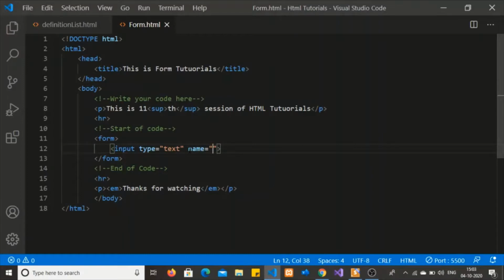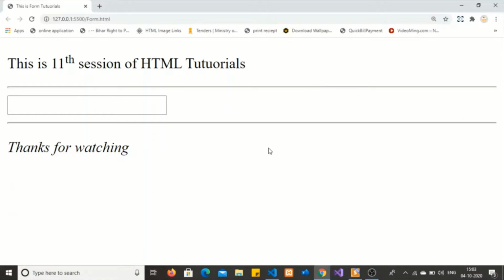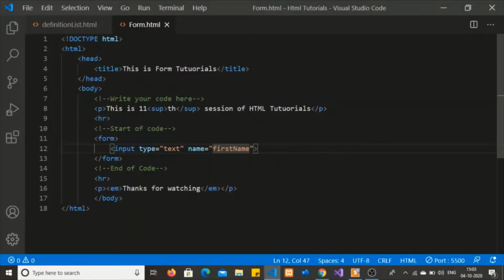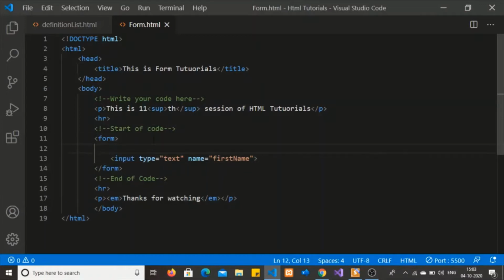In that I'm going to apply first name, but it is not going to make any changes in the browser. As you may see here, nothing is changed. So first of all, I'm going to make it first name.